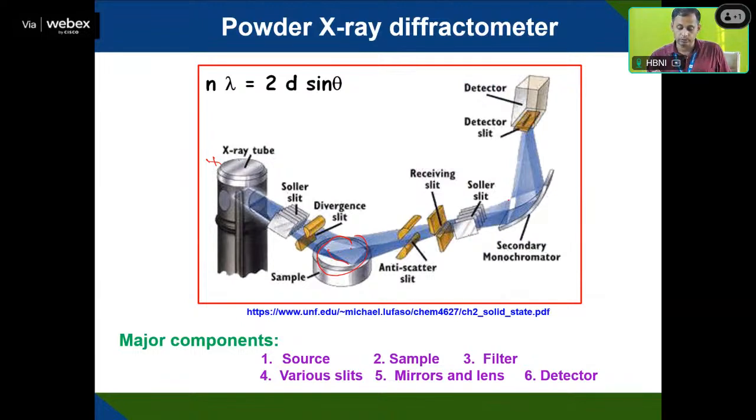So that X-ray will go to here. So there will be a detector, and that detector will identify the diffraction pattern. If you see the major components here, you have an X-ray source here, this one, and then you